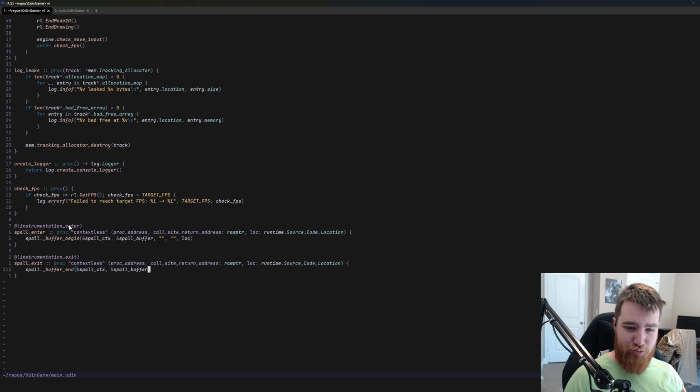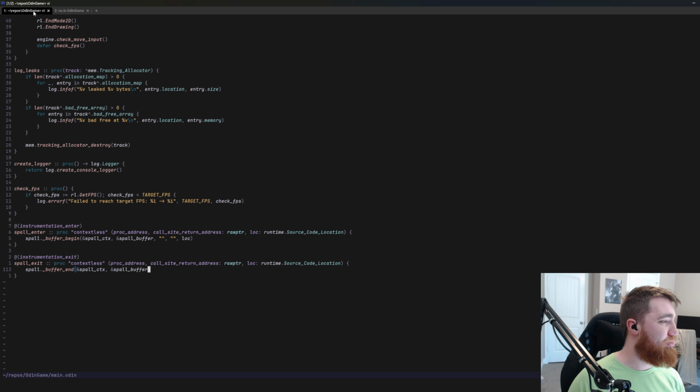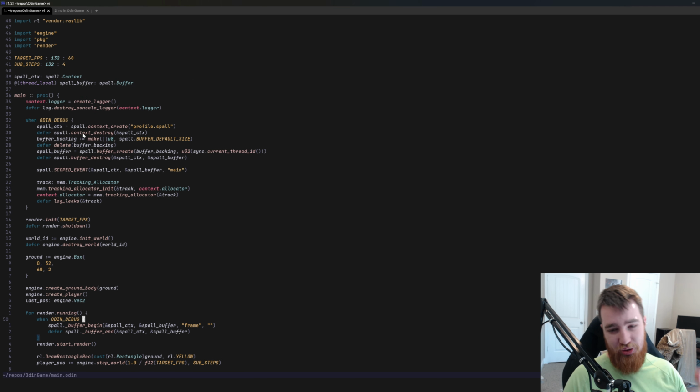This is not perfectly exactly tied to procedures, but because you can mark procedures as no instrumentation and other things, that's the general idea. So you'll see if I go up here, we can run Odin in debug mode. This happens because we're setting this environment variable to Odin debug. We are running the Spall stuff. So if I do a release version,